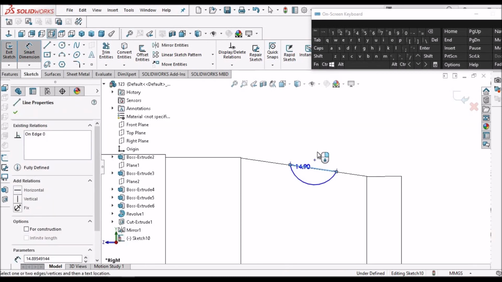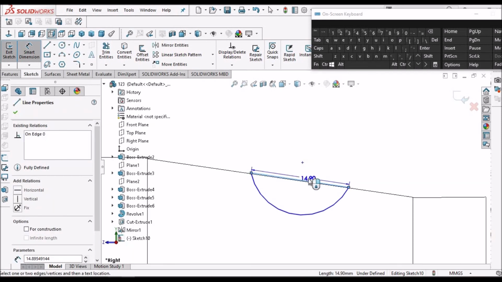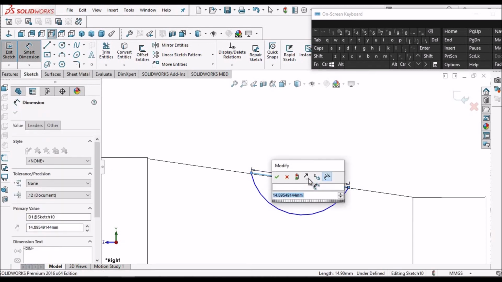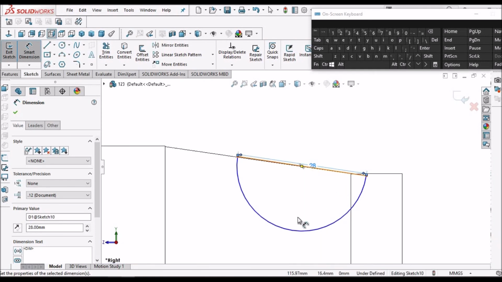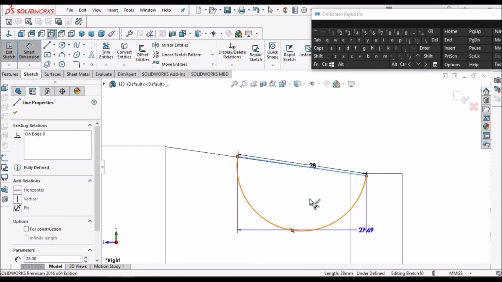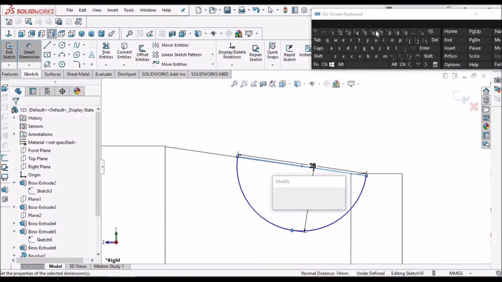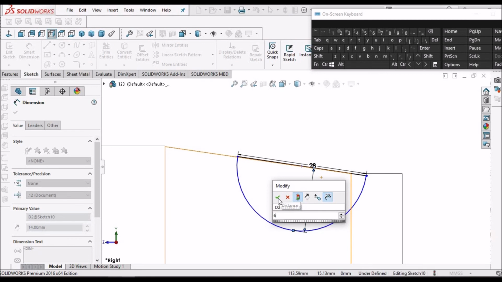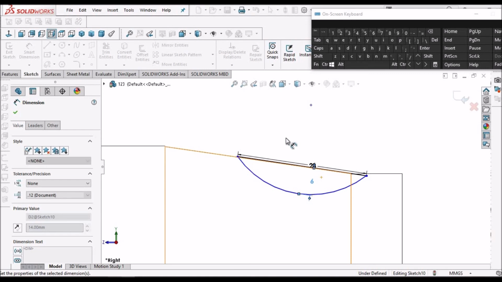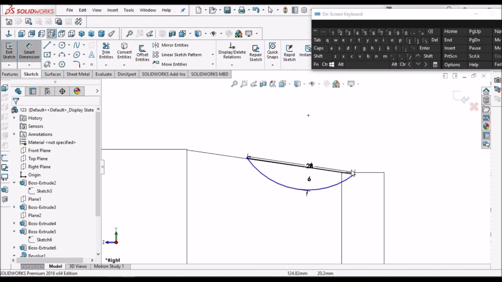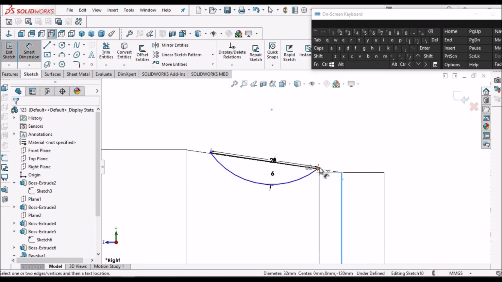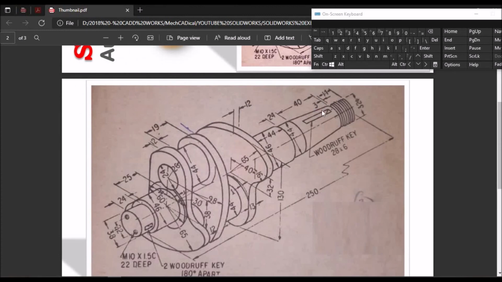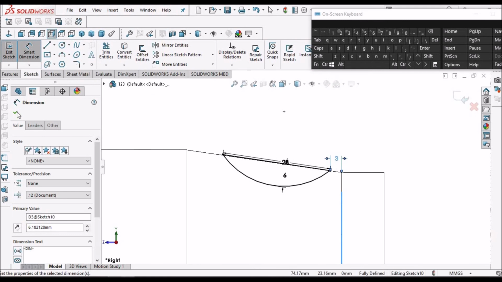So this is 28. This is 6. Okay, and just move it inside, and the distance from this edge to this point is 3. See here it is given 3. Say okay.